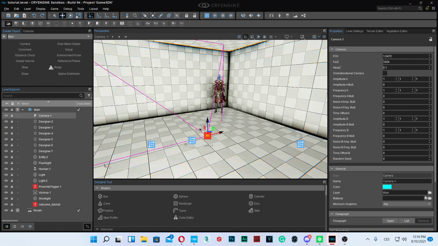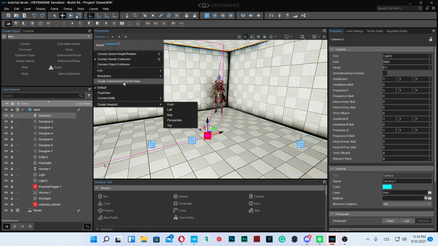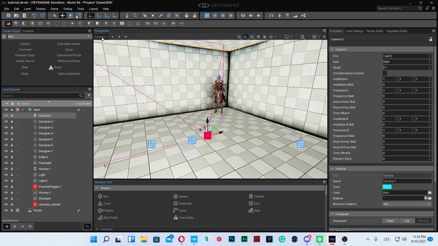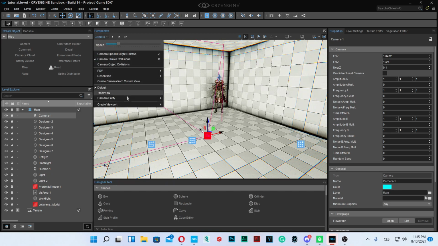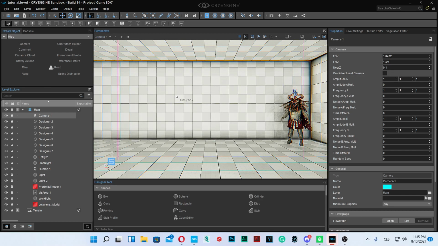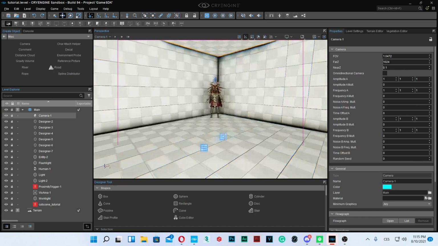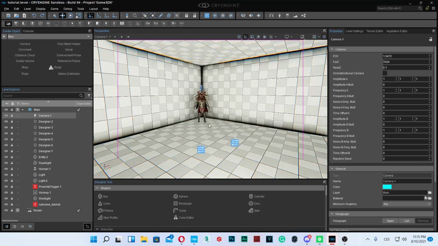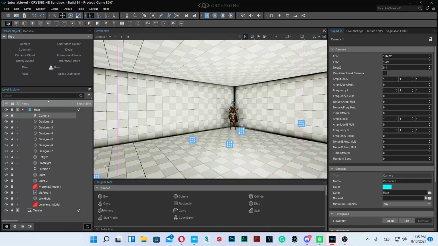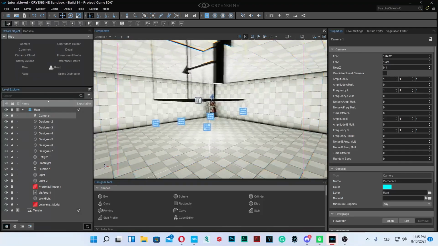So now we have a camera, and now we can go to camera, camera entity, and camera one. So now we see what the camera sees. So we're going to hit that again, and we're going to uncheck lock camera movement, and now we can move the camera, which is pretty cool. So what I'm going to do is go over here,